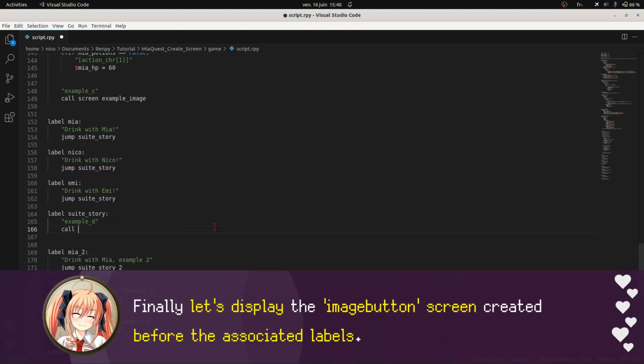Finally, let's display the image button screen created before the associated labels.